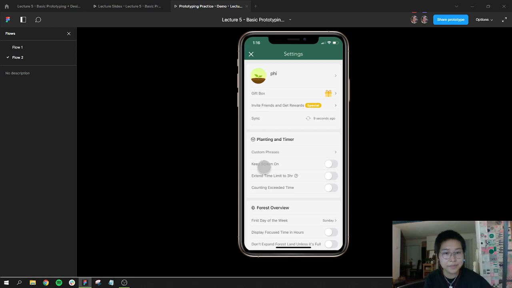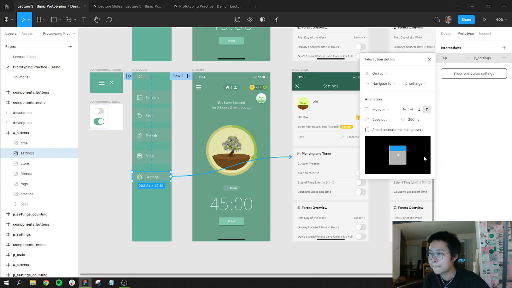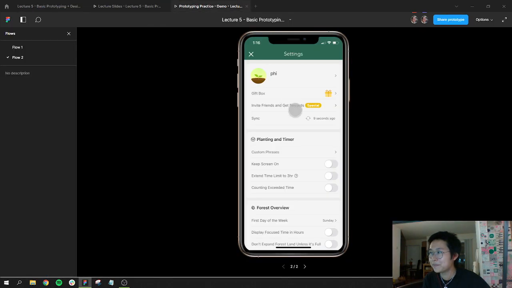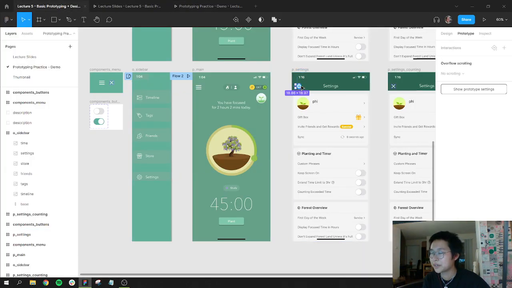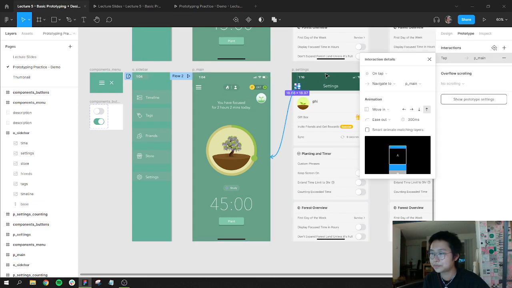And I actually like that a lot better because this particular screen is designed to look a little bit like a card that moves up from the bottom. It's a pattern that I've seen before. Now that we're here, there's nothing we can do. Clicking on this X doesn't go back, so we want to make sure that the X does actually go back. So I'm going to go ahead and do that, drag it from the X back to this screen,